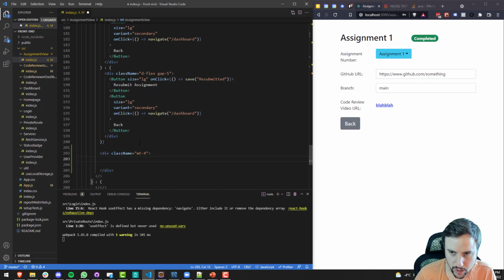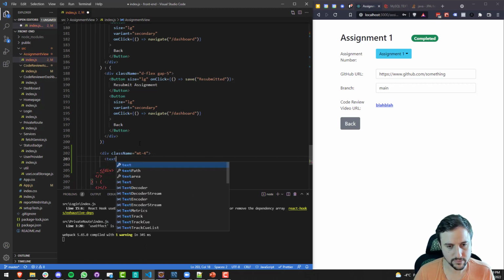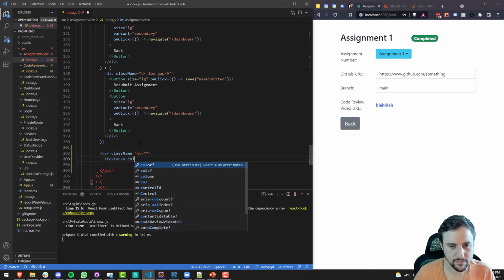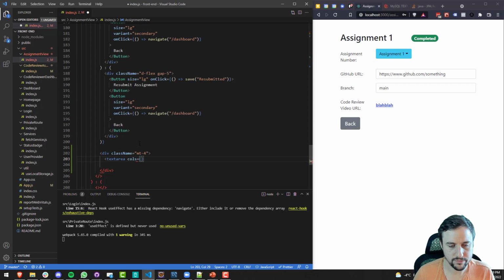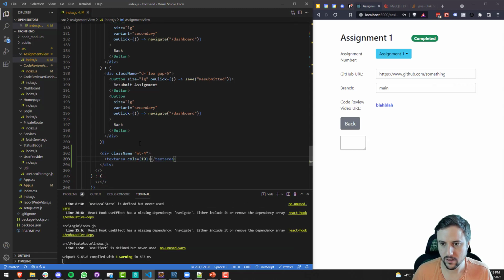Inside of this div, we will have a text area, with I don't know, 10 columns or something. Ooh, 10 columns is small. How do you make a text area that spans